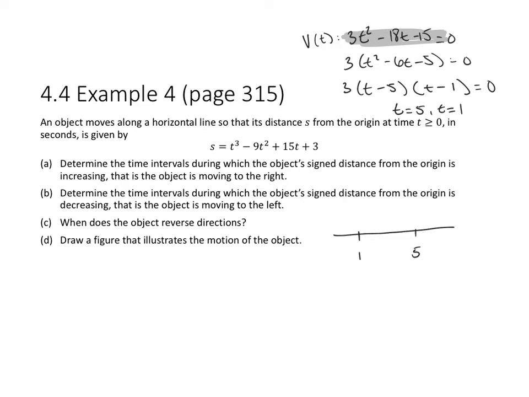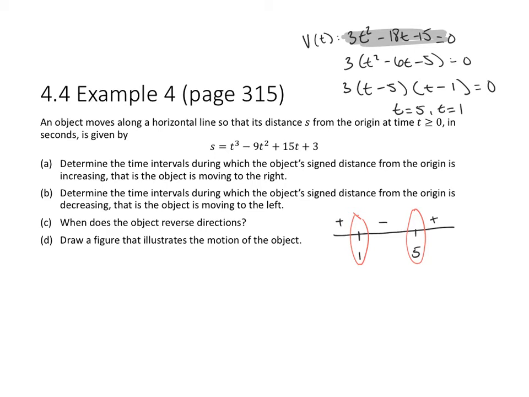If I plug in 1/2, I'm going to get a negative times a negative, or a positive. And if I plug in 2, I'm going to have a negative times a positive, or a negative. And if I plug in 10, I have a positive times a positive, or a positive. So that means I'm changing directions twice, and the 2 times that I'm changing directions are here at 1 and here at 5. And my derivative is positive when t is less than 1 and when the time is greater